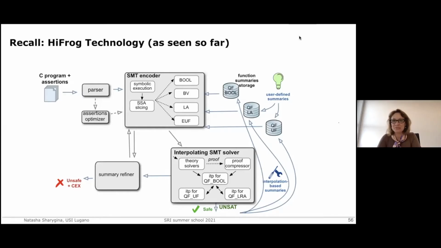This lab is about HiFrog. We are having Sepideh and Martin assisting with the lab. And today we're mostly going to focus on what you've seen in lecture 1, lecture 2, and lecture 3 in